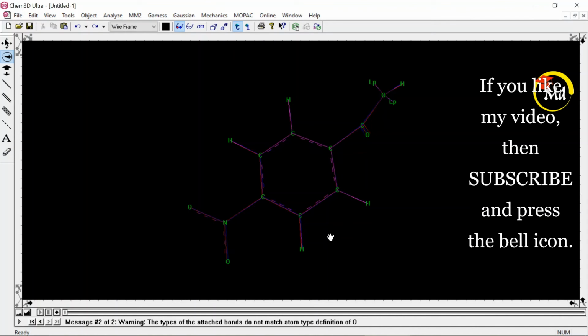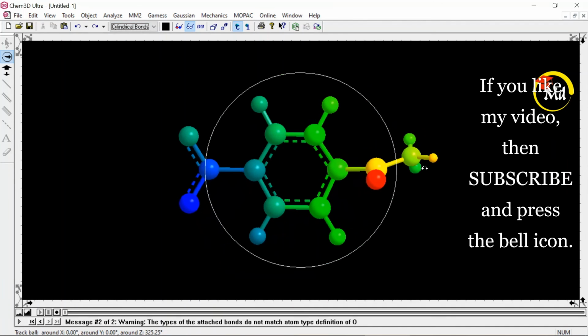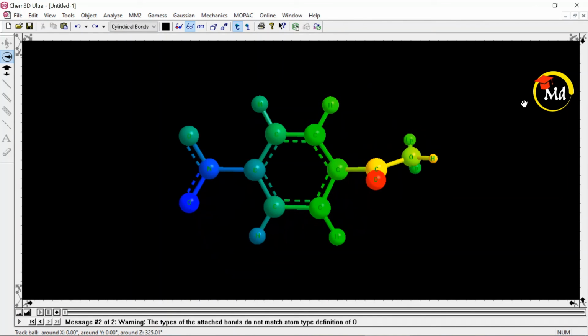Alright, we have successfully created it, and now I want to change it to chromatic view. Alright, and I also want to change the model type to cylindrical bonds, and this one is the perfect structure we want, and we had created it using Chem3D Ultra. Alright, now one thing I want to say, this is not so big a structure. If you want to draw any big structure, like morphine, nicotine, ampicillin, penicillin, these are some big structures of drugs or molecules, and if you want to draw big structures, prefer ChemDraw Ultra first. Alright, I'm going to show you how you can do it.